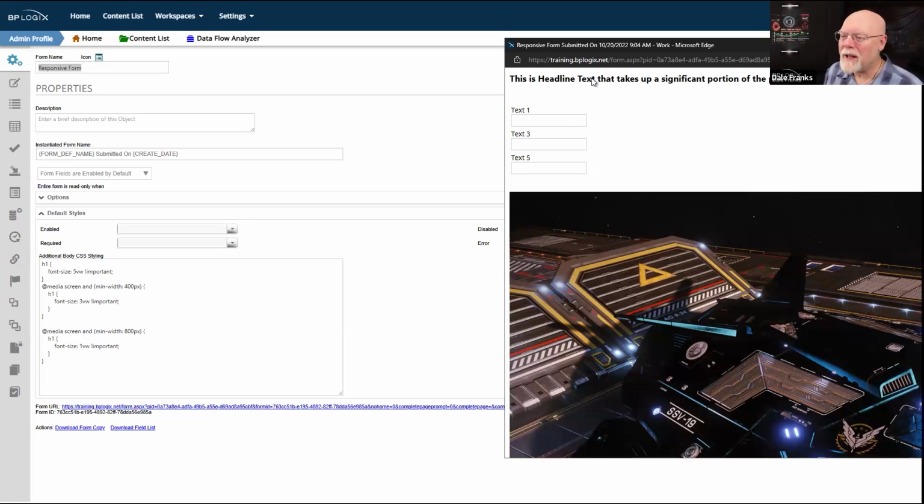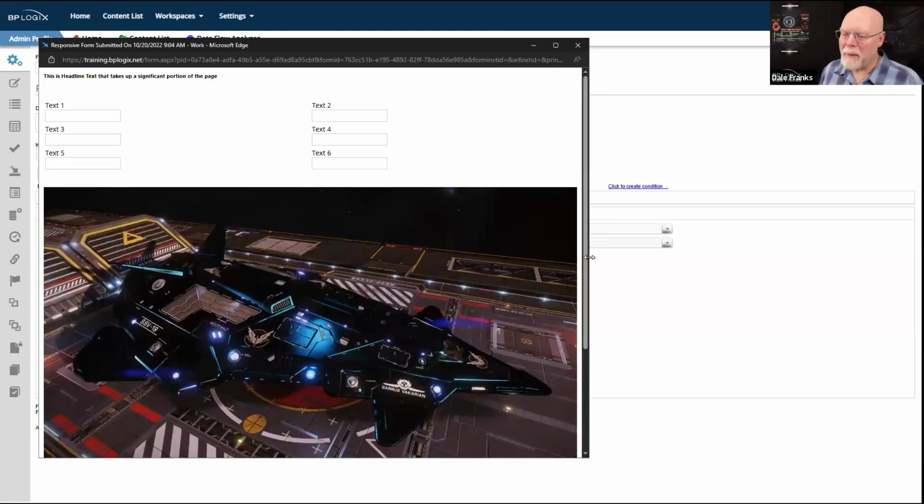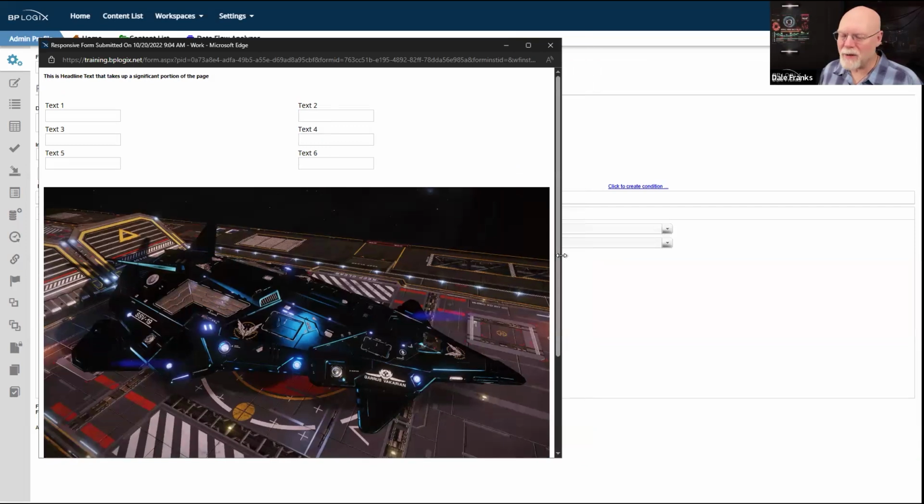So now my text is this size, and if I make it bigger, now my text is significantly bigger. I'm not happy with the size that I've chosen on this. I should probably go in and change it a little bit. But the important thing is, if my page gets to that size, I guess the reason why I did it was so I could show you the changeover.